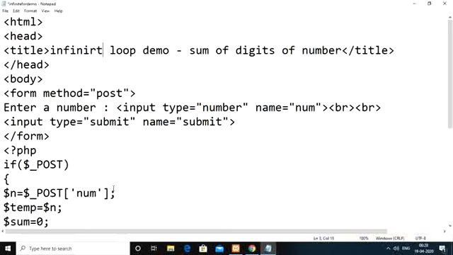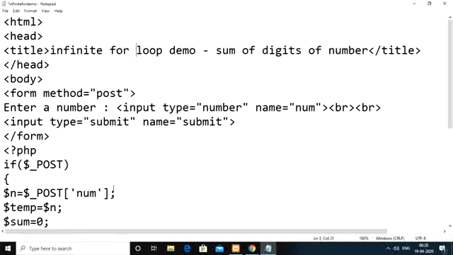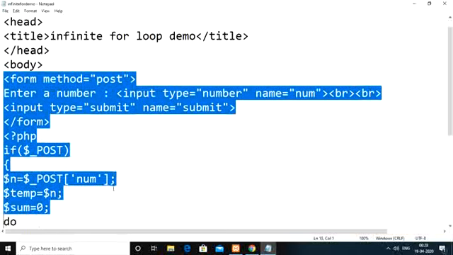An infinite for loop is one which doesn't have the initialization part, the condition checking part, and the increment or decrement iteration portion. So no need to take all this code.